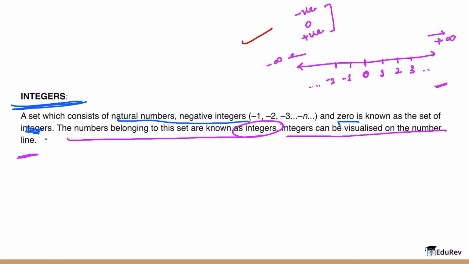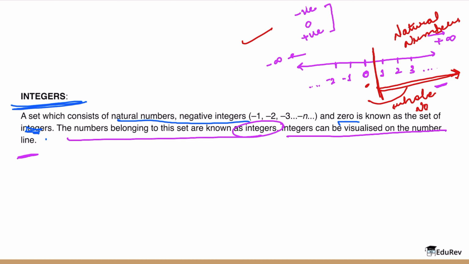Now one thing that is very important is that positive integers are the same as natural numbers. If I say that these are my positive integers, then these are nothing but my natural numbers, and natural numbers plus 0 is going to give me what? Whole numbers. So whole numbers. Okay, moving forward,